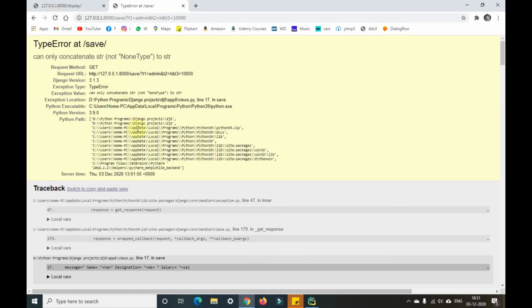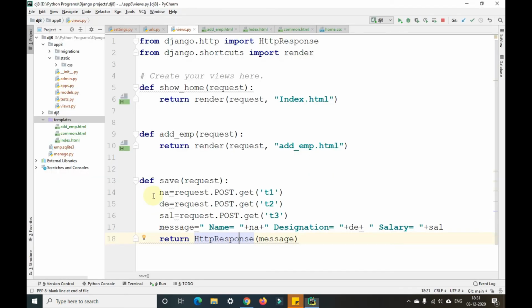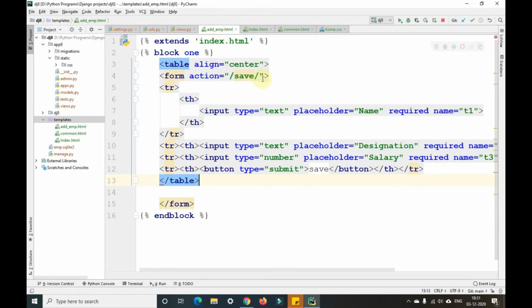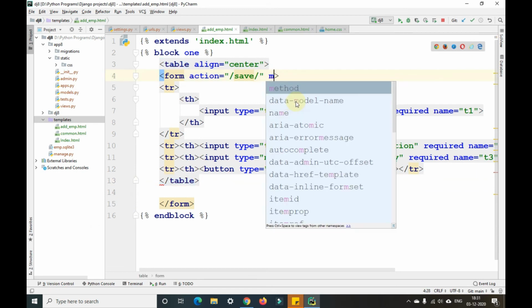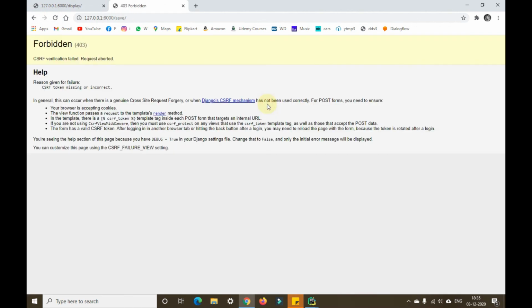When I refresh this, we are getting, so here we have not given any method. Method equals to post here. Okay. I'll give the name as admin here, designation as manager, and salary as 20,000. Try saving it.